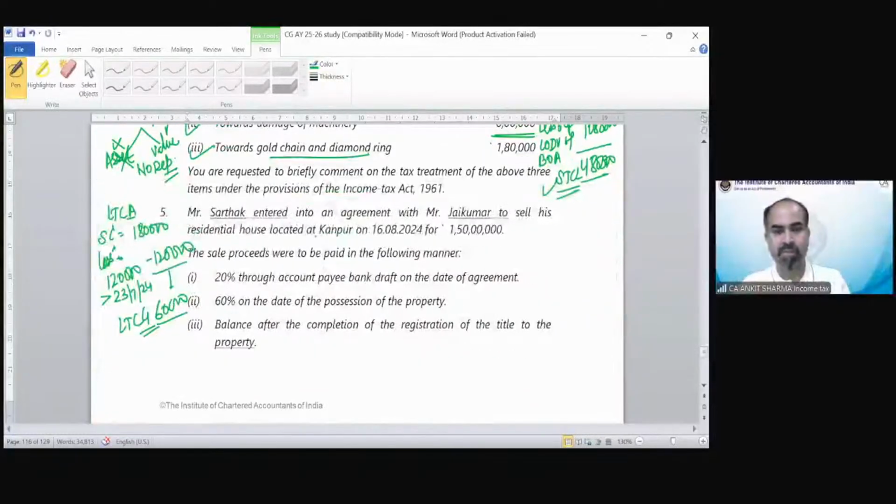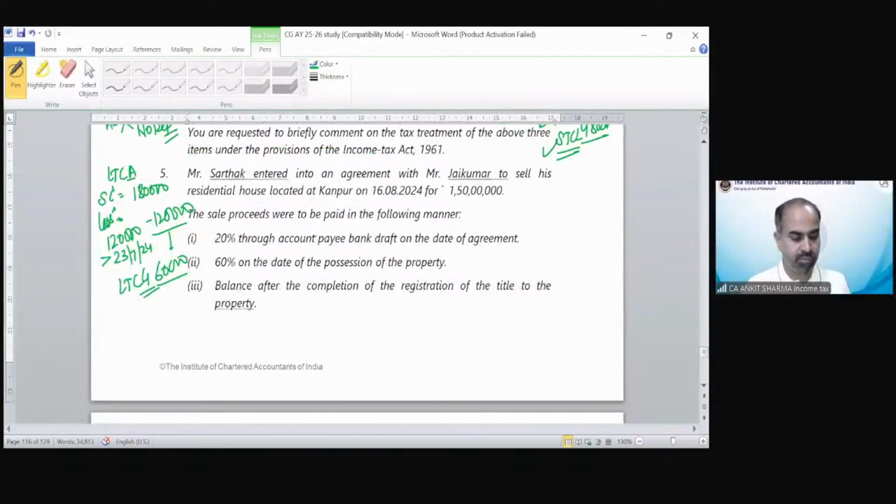Chalo, let's come to question number 5, okay? Question number 5 is regarding that section 50C provision. You have to find out the stamp duty value, etc. concept. So in case of land and building, we have gone through the provision of section 50C, which says which stamp duty value we should take for the purpose of calculation of sale consideration in case of capital gain. So the question says Mr. Sarthak